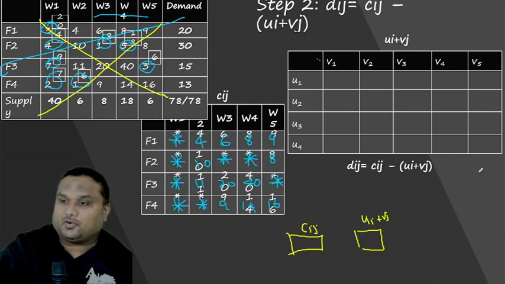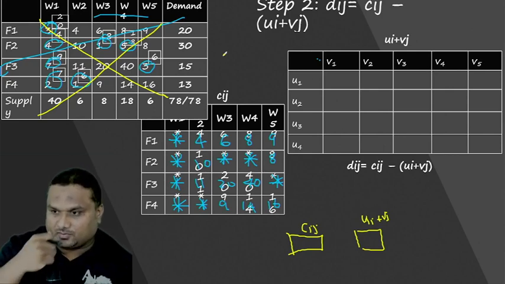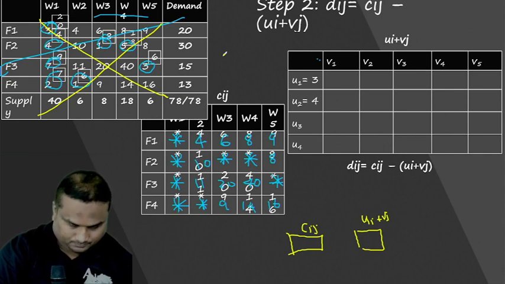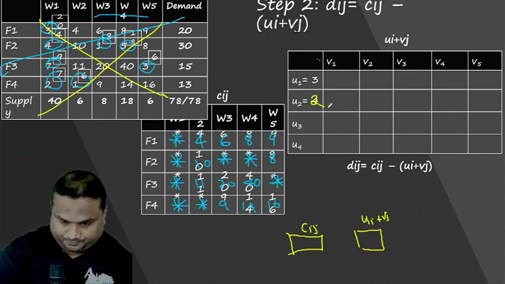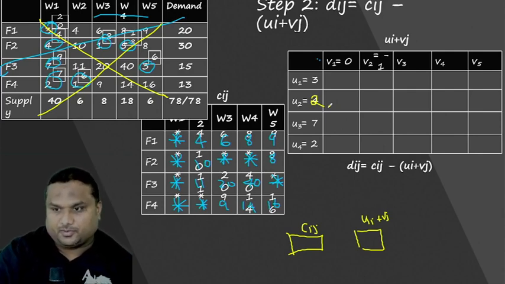Ready? While drawing Ui plus Vj, we are going to use some techniques. What is U1? I am keeping U1 equal to 3. U2 is equal to what? 2. I changed the value, remember? U1 is equal to 2. U3 is equal to, U4 is equal to, V1 is equal to 0. V2 is equal to minus 1, correct? If there is any mistake, it is because I altered one value. V3 is equal to minus 3. V4 is equal to,